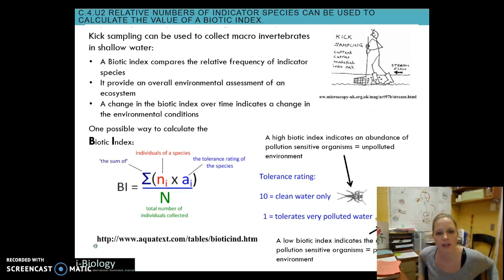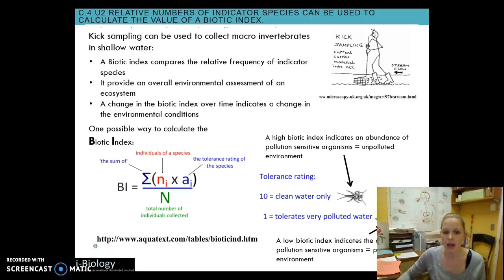The first one is the biotic index, and then we're going to talk about the Simpson one. So how you do this, if any of you are in bio club, you did this, but you put the net in the stream and you kick sediment and dust or the soil from the bottom into the net, and then you pull up the net and you see what type of animals you have. So you can see this guy very simply doing this. Clearly you would want to do this with the stream flow, not against the stream flow, right? You wouldn't catch anything. So what you're looking at in the biotic index is just the amount of indicator species,